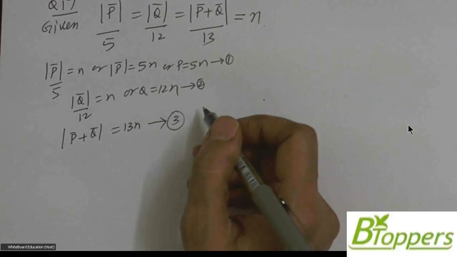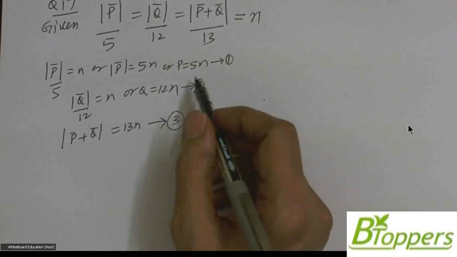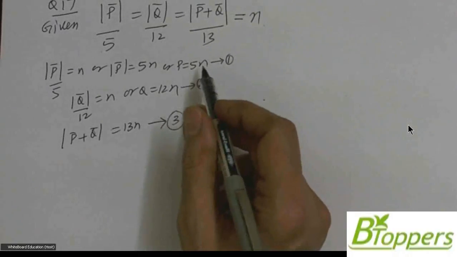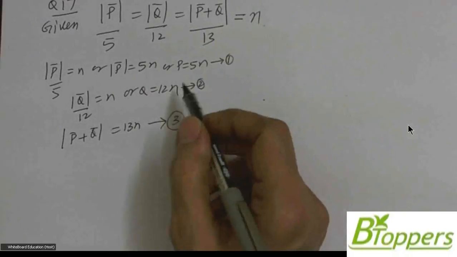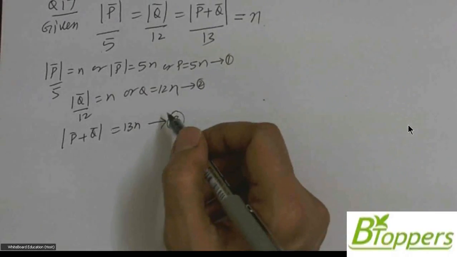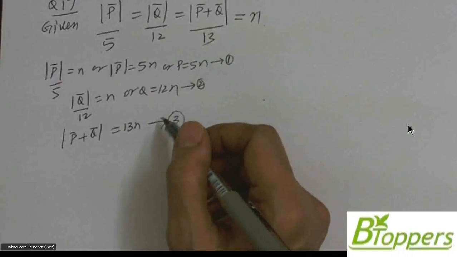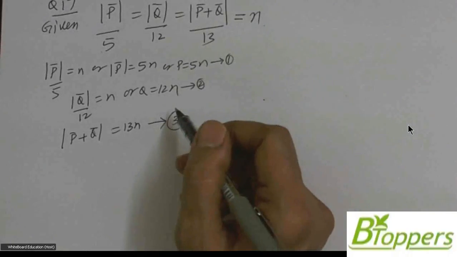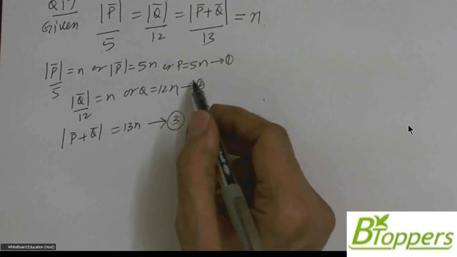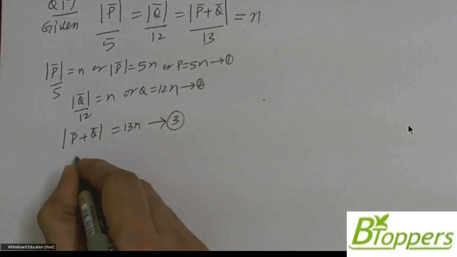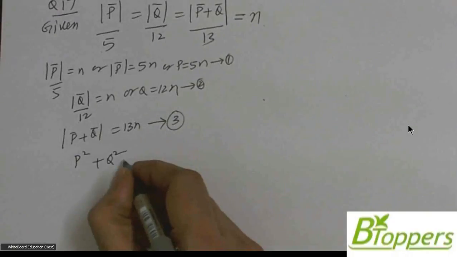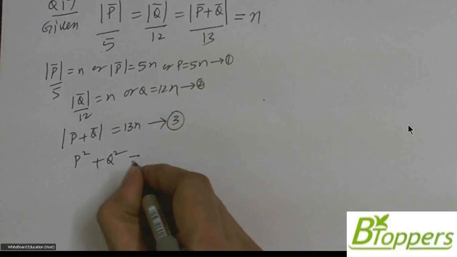How to know whether the three vectors form a right angle triangle? If the magnitudes of the three vectors satisfy the condition of Pythagoras theorem, then the three vectors, I mean p bar, q bar and resultant of p bar and q bar, can be represented along the three sides of the right angle triangle. You can observe that in this problem, if you square the magnitudes of p bar and q bar and add them,